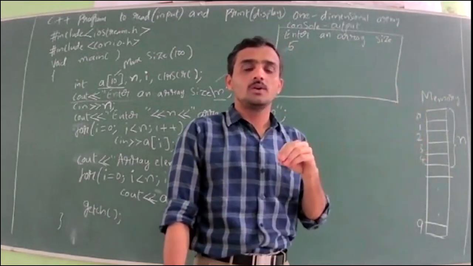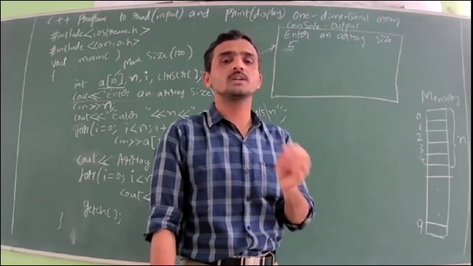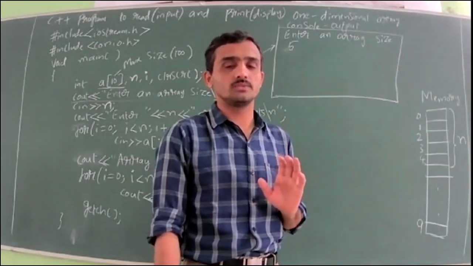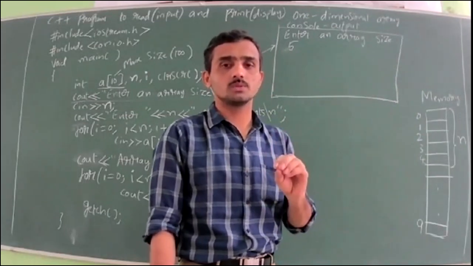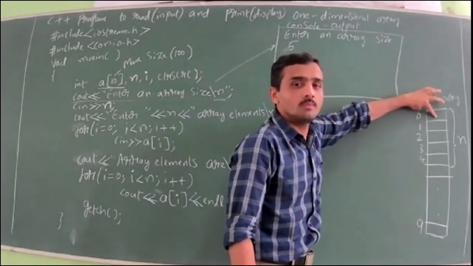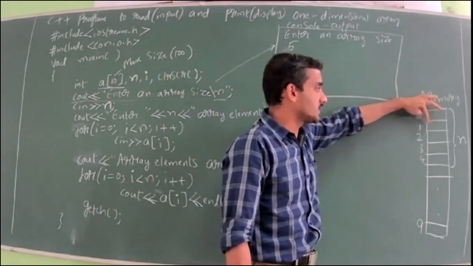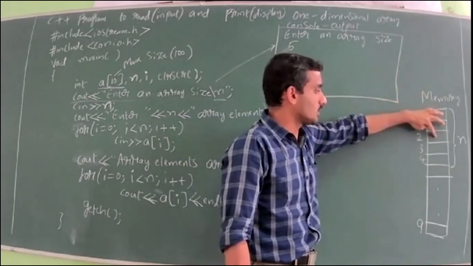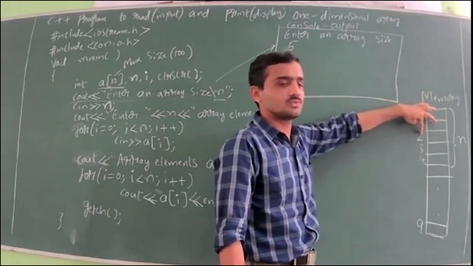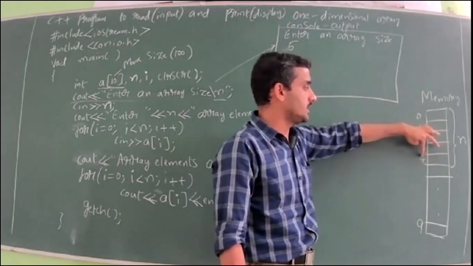So always in the real world, whatever number you say, when you go to the array, minus 1 will be there. That's all. It's very simple. See here, if you say first location, the array index value will be 0. Second location, index value 1. Third location, index value 2. That is minus 1. Fourth location, index value 3. Fifth location, index value 4.